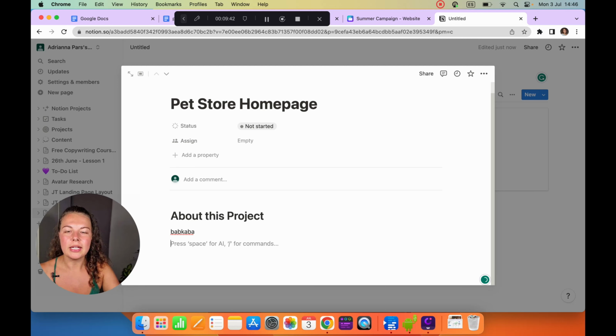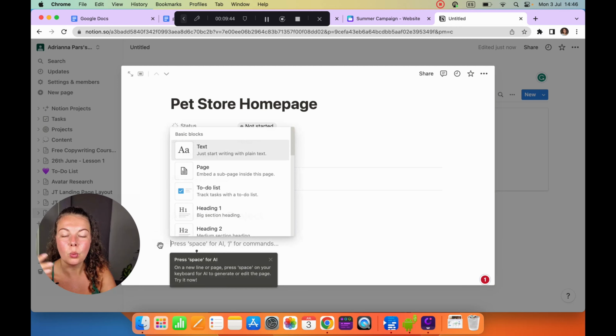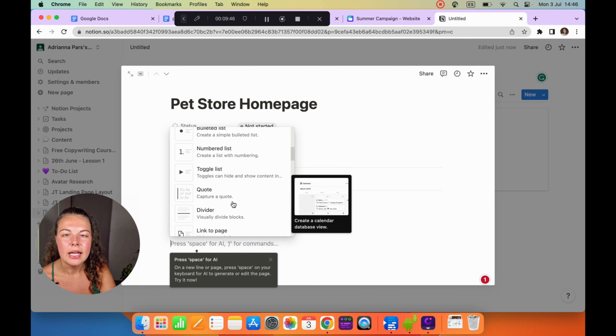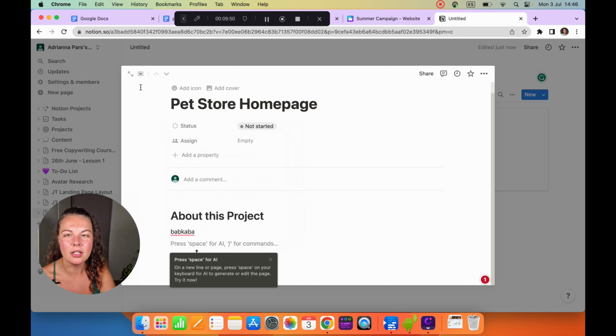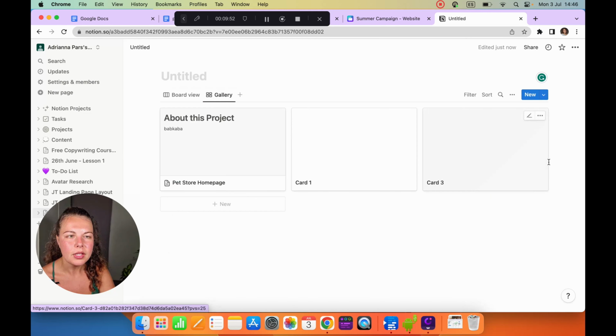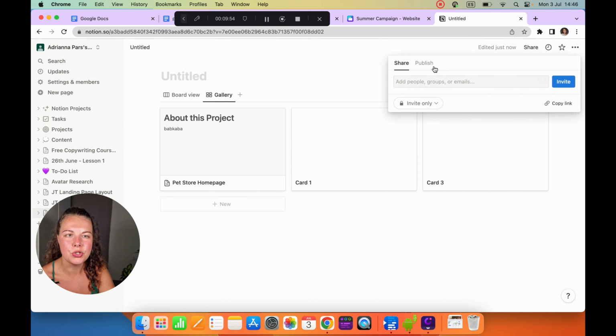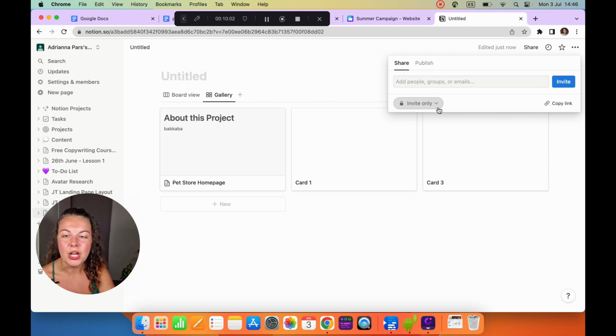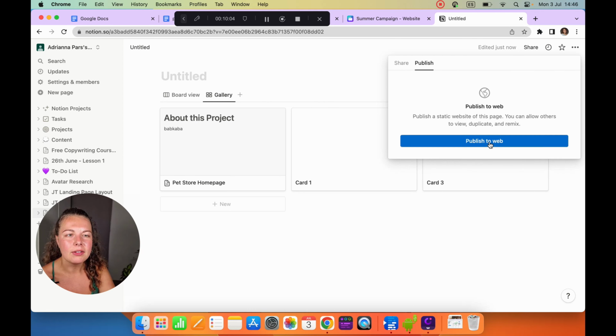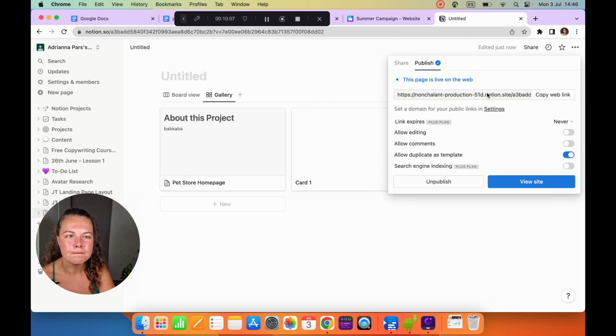You could include the image or the logo or the website for the company. There's a lot that you can do, but you're just going to have to play around with it and learn how to use Notion. And then what you can do is just share it. So you publish it, also publish as a static website of this page, or you can just share it as a Notion. So I think if you publish it, it should be